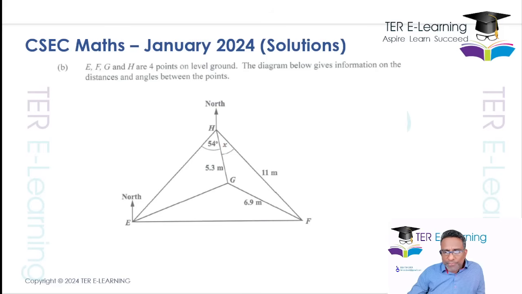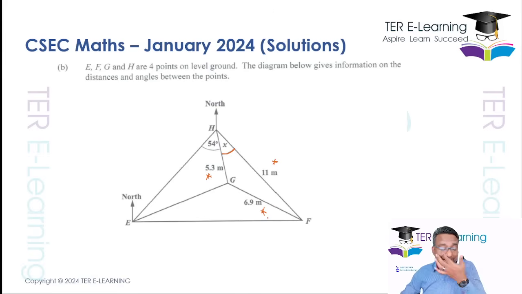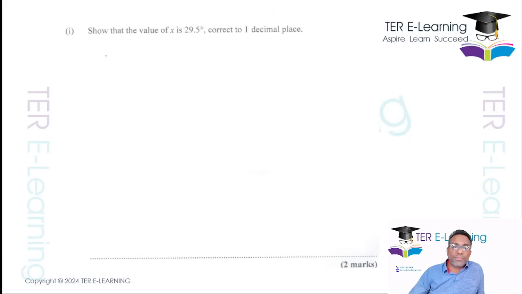All right, so you want to work out this angle here, right? Now, we have this length, this length here, and this length here. Anytime you have all three sides of a triangle that is not a right angle triangle, we're going to use the cosine rule, right? So the side opposite the angle here is 6.9. So here's what we're going to do. So using the cosine rule,